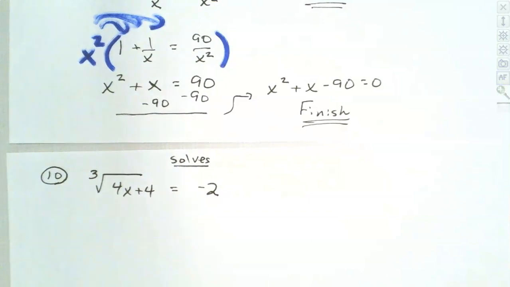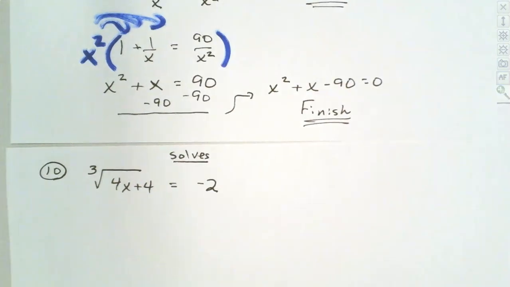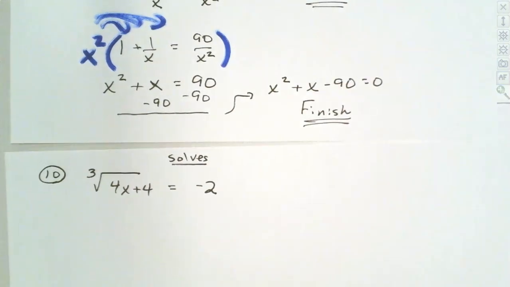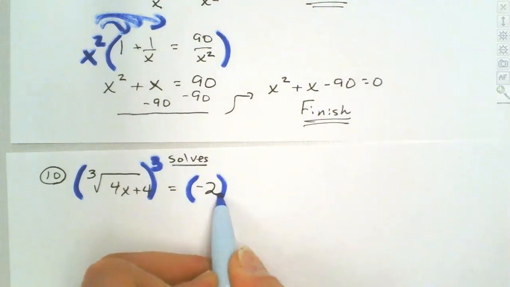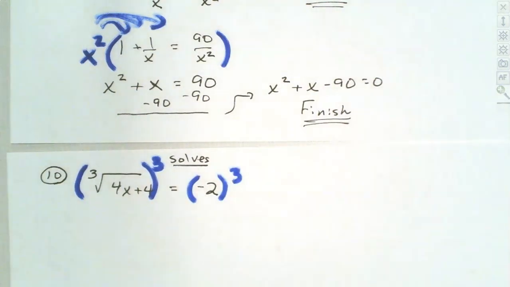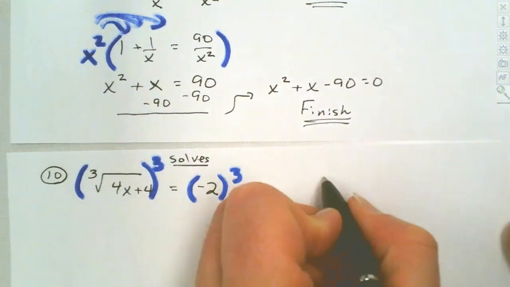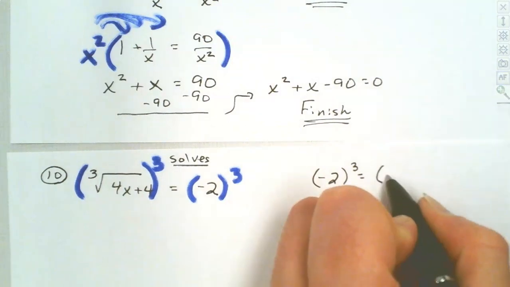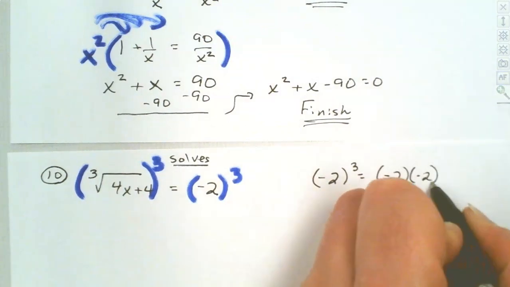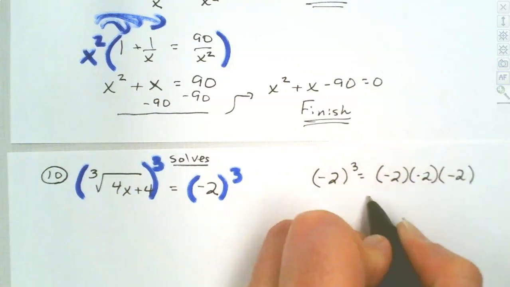Now, I get rid of a square root by taking a square. So that same logic applies to a cube root. How do you think we're going to get rid of a cube root? We're going to have to cube both sides. Now, here's where students make a mistake. I am cubing, not squaring. So when I cube a negative 2, that's negative 2 times negative 2 times negative 2,